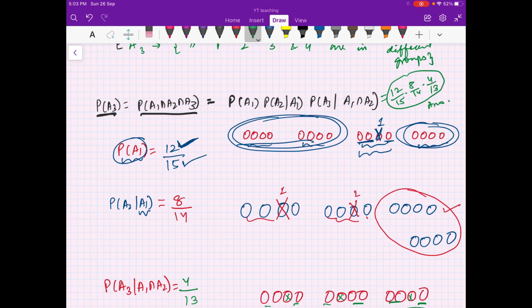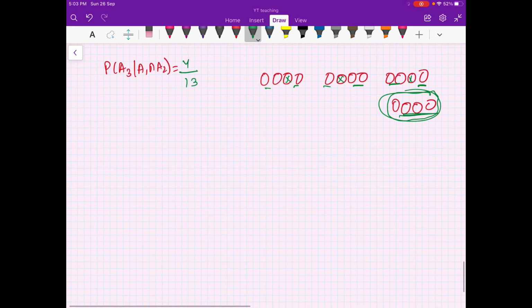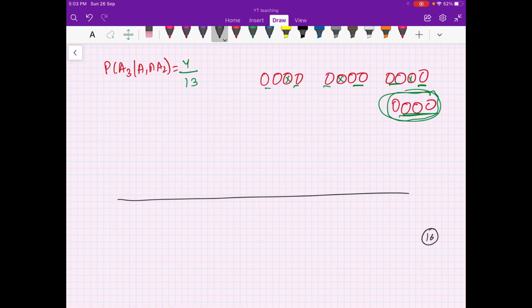Okay, so this is how you can deal with this problem, or you can simply do it like this. You can think in terms of combinations also. So you can think like this. There are a total of 16 students, right? And you want to make 4 groups of 4 each. So the total number of outcomes will be: first you select 4 students, then you are left with 12. So out of 12, again select 4 students, then you are left with 8 students. Out of these 8 students, again select 4 students for group 3, then you are left with 4 students. So again you have possible combinations, right? This is for your total number of outcomes.